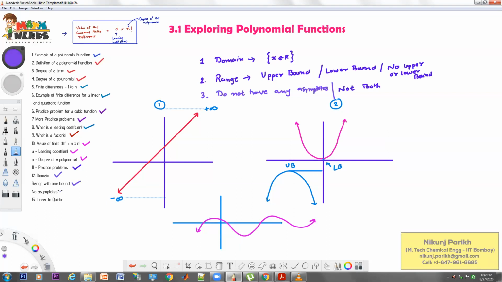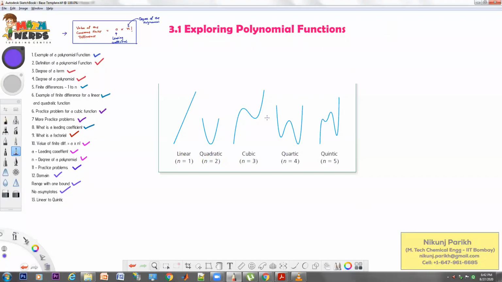So we covered this. Now these are the typical shapes, okay, associated with the degree. So if the degree of the polynomial is 1, then the function is called a linear function and the shape is like this. But again, this is an arbitrary shape, right? The slope could be different here. If the function is a quadratic function, that is degree equals 2, then the function is called quadratic, and this is a typical shape. You could have different vertical stretch or compression, and the shape will be a little different.